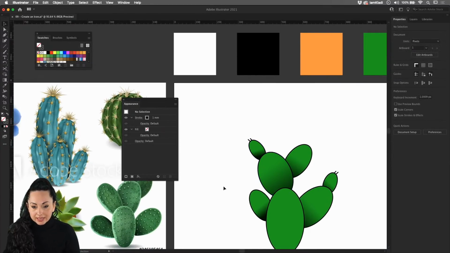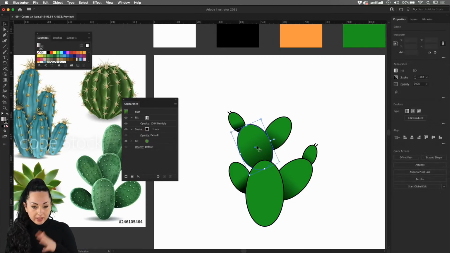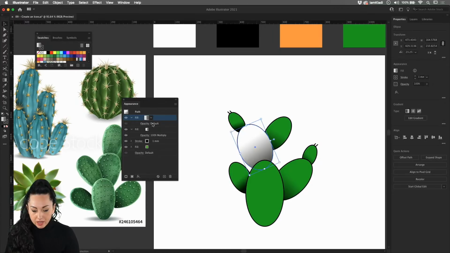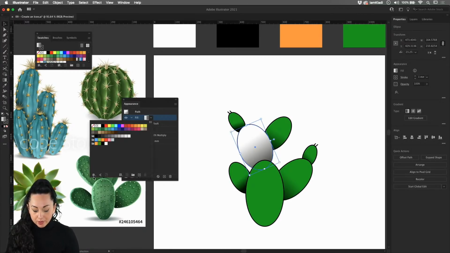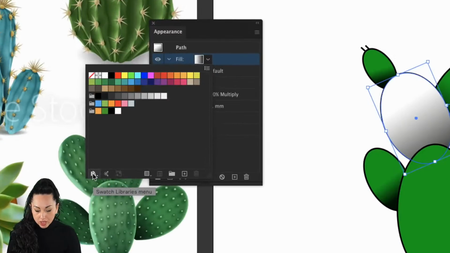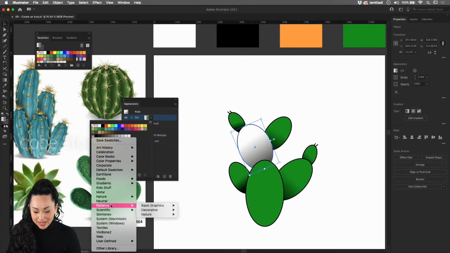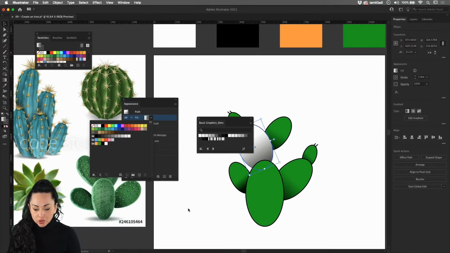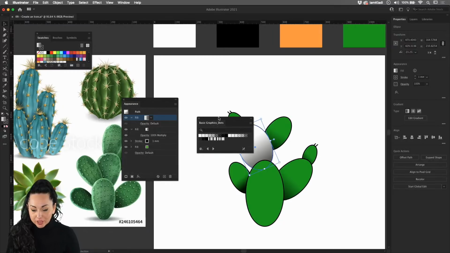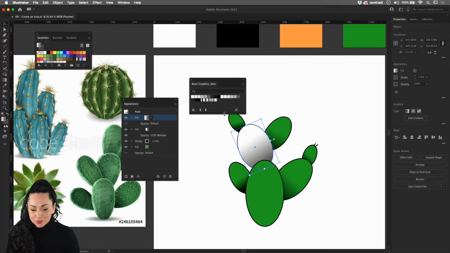If you actually want to add the little dots, there is a very quick way in which you can do so, always by leveraging the fill. So head back in any of your shapes and then simply click on add new fill, and from there click on the drop-down arrow and select the swatch libraries menu. Click on the swatch libraries menu and then select pattern, basic graphics, basic graphic dots. By doing so, you'll be able to access the basic graphic dots library inside the swatches.